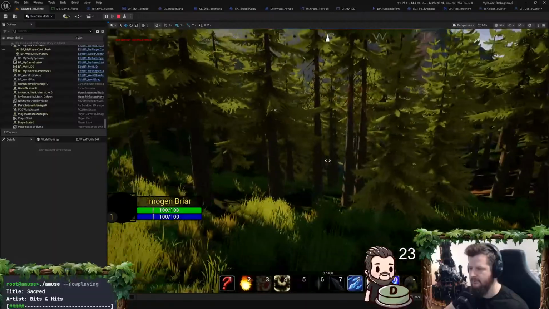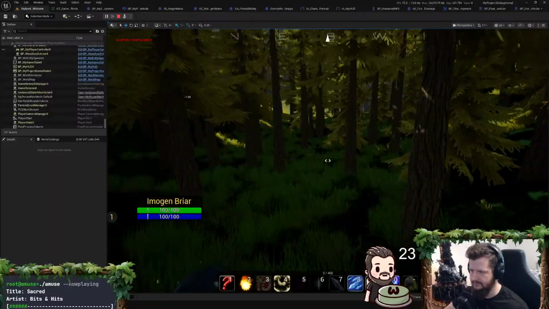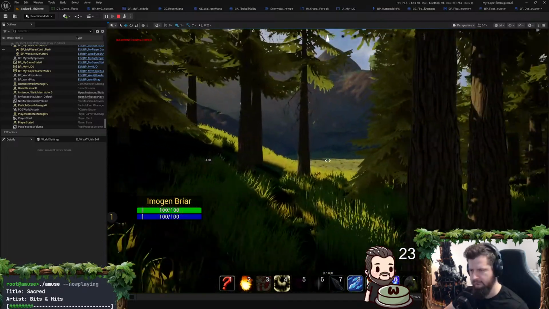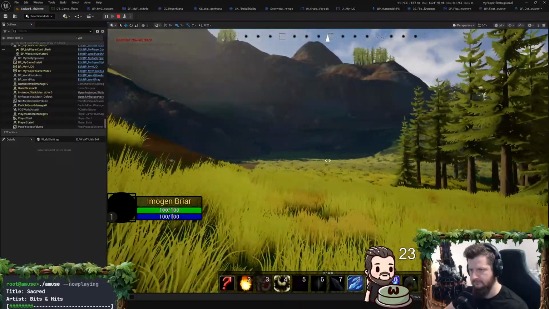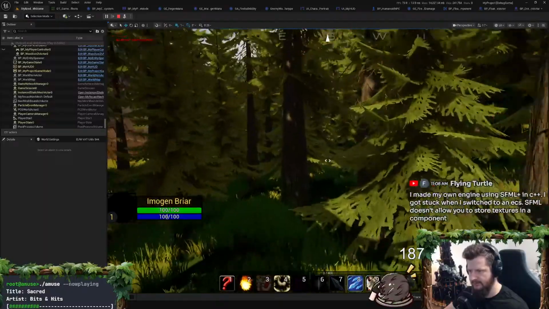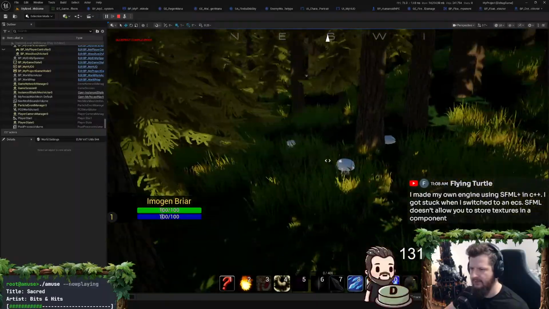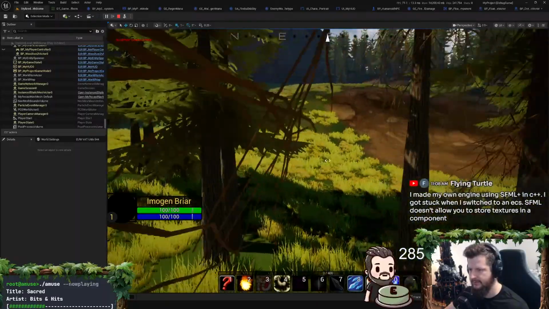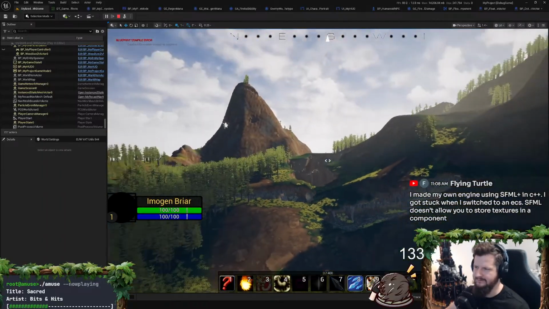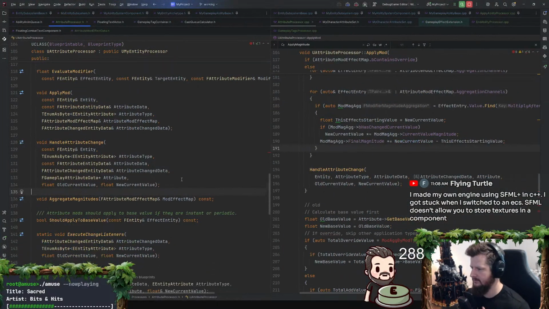So yeah, here's the world. This is what I'm trying to work on. Not the world, but like the systems within the world. I would show some dynamic tree chopping and some resource gathering, and I do have some colony sim tasks as well. Like you can tell colonists to go pick up mushrooms and whatnot. That's not working at the moment. Nothing's working at the moment. That is what the world looks like, and that's what I'm intending to do with it.